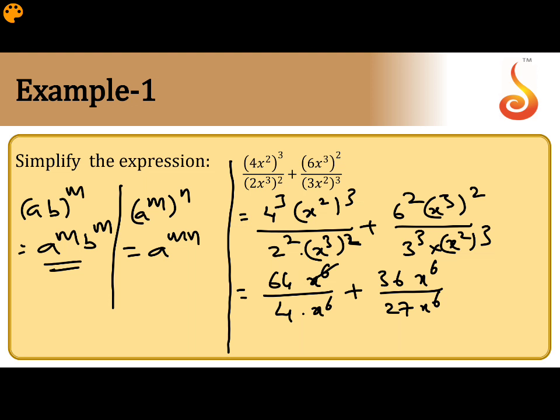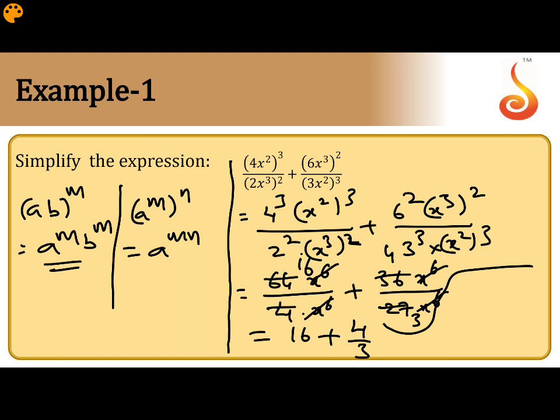Now what is possible? Cancel out. This is cancel. This is cancel. Now we can cancel further also. You can cancel out here. So 4 ones are 4, 16s cancel. This is 16 plus. So here 36 by 27 is possible to cancel. You can cancel with the 9 table. 9 3s, 9 4s. This is 4 by 3. Clear now?